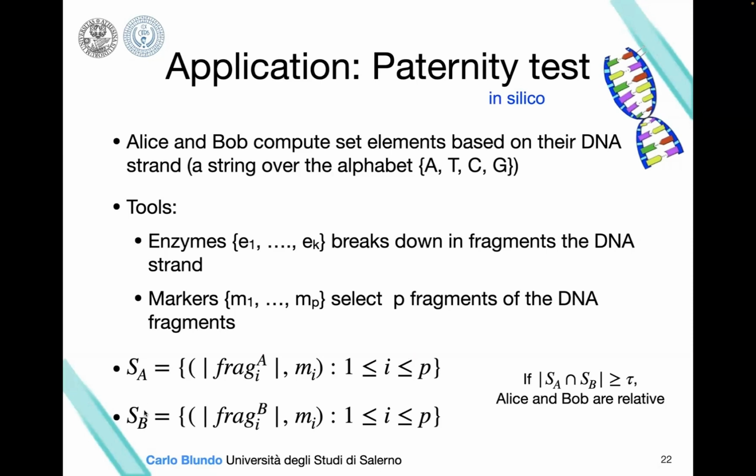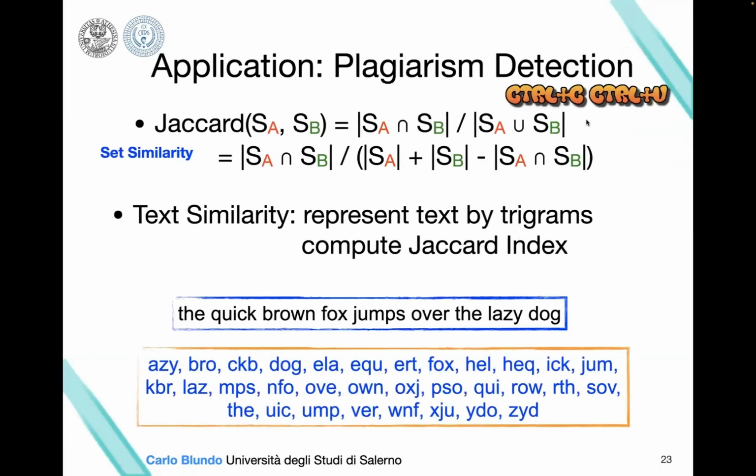Alice can do this, Bob can do the same, and there is a threshold tau that states that Alice and Bob are relatives if the number of fragments selected by using the same marker is more than a given threshold, and the fragments must also be of the same size. So just modeling what is happening in the lab in silico, and using a private set intersection cardinality protocol, we can compute a paternity test in silico. Another possibility is